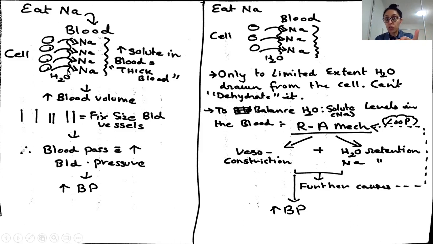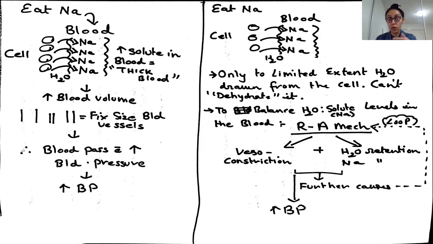Why? Because there is a lot of solute in your blood. Okay, sodium. So we want a solvent. Your solvent is your fluid, your water. So this water retention is a good thing. But with this good thing, a lot of other things are happening which we don't want, but you can't choose one. Okay, so yes, you will have retention of water, which is going to increase the solvent concentration, but you will also have retention of sodium, which is what aldosterone does.